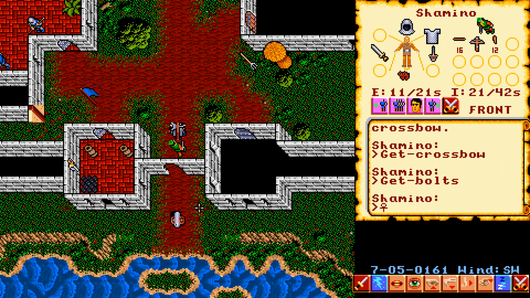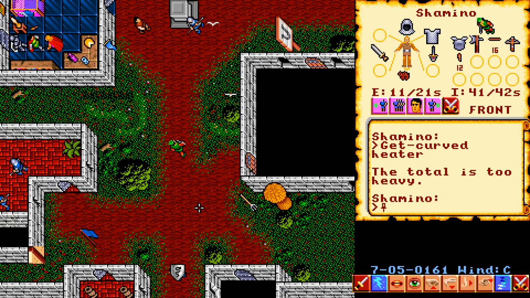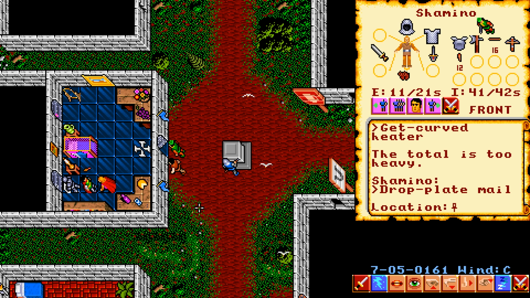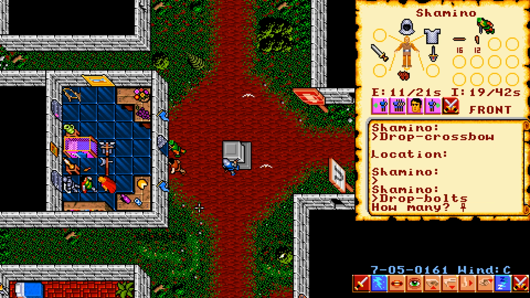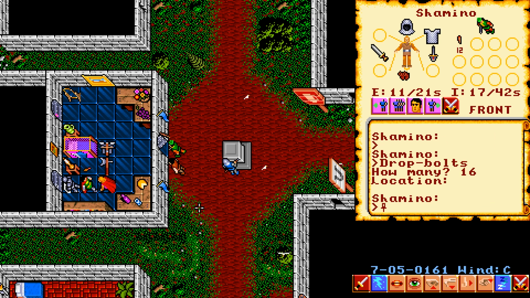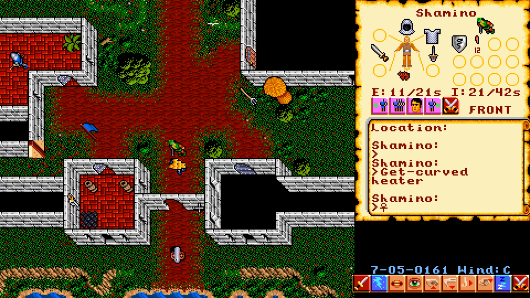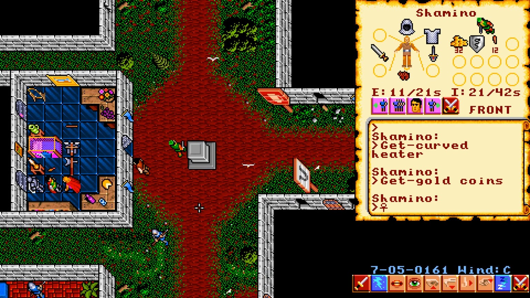Oh boy, look. Stuff. A halberd. Steel armor. A heater shield. Oh my goodness. That's some good stuff. All from one guy. Now what I'm going to be doing is... Ooh, also gold coins. Nice. What I'm going to be doing is...